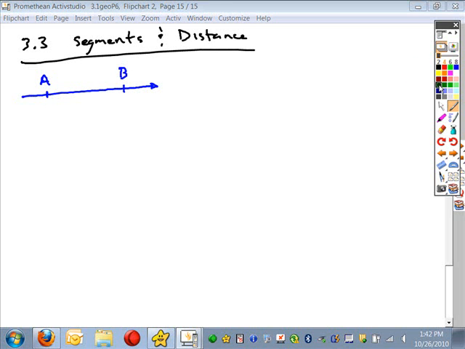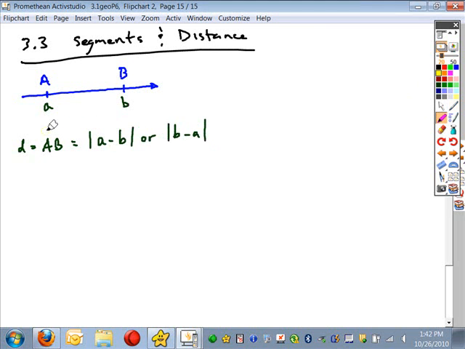we assumed that the coordinates for A and B were the lowercase letters that corresponded to the points. And your distance, which can also be expressed as the label AB, which is the distance between the points A and B on a number line, is equal to the absolute value of the difference of their coordinates. Again, it doesn't matter how you arrange them, your answer is going to be the same. So this is your distance formula